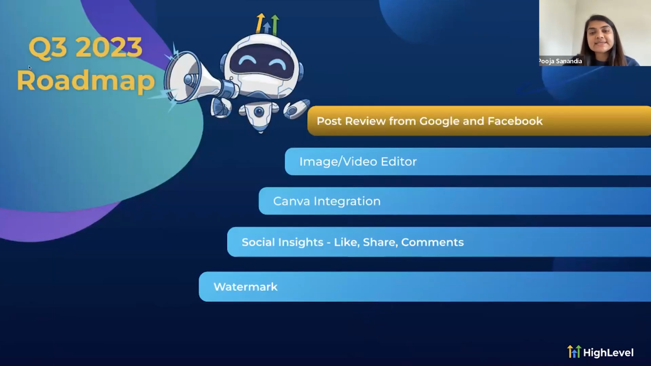Then the next thing that we are working on right now is allowing our users to create automated reviews that are coming from Google and Facebook. So for example, if you have Yext reputation management already on for your particular location, you can just enable it. Every time you get a 5-star rating or a 4-star rating and you want to get that added on your social media,